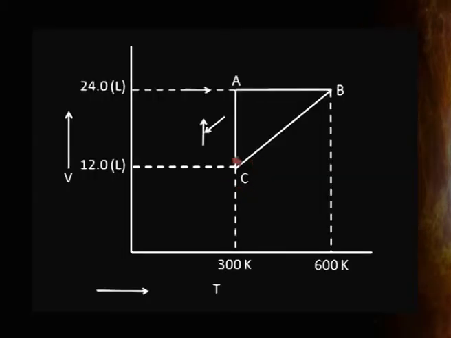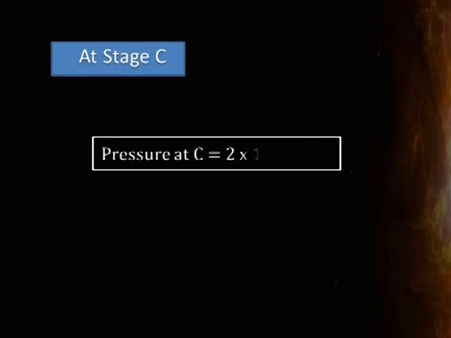At stage C, temperature is 300 Kelvin and volume is half of that of stage A. Thus, according to Boyle's Law, the pressure at C will be doubled with respect to A. Hence, pressure at C will be equal to 2 multiplied by 1.026 atmospheres, which is equal to